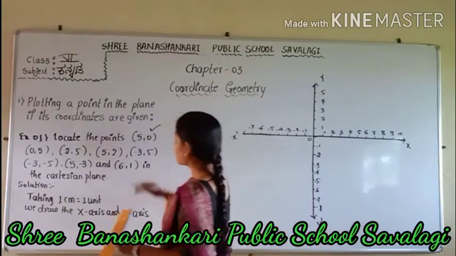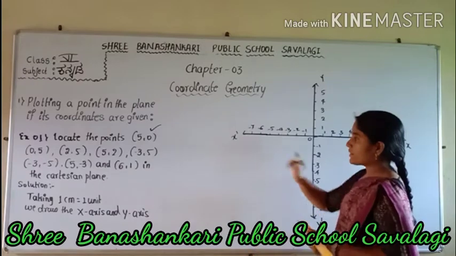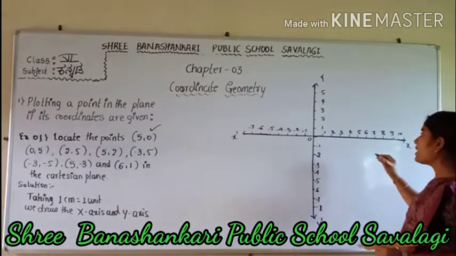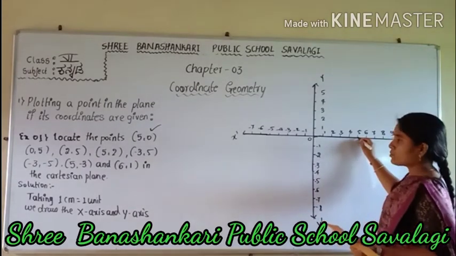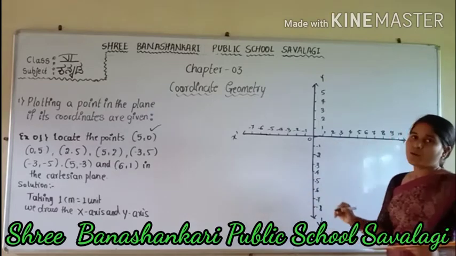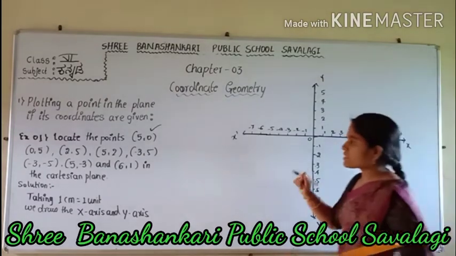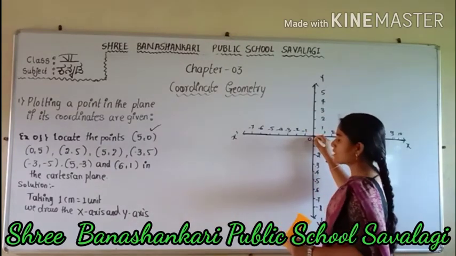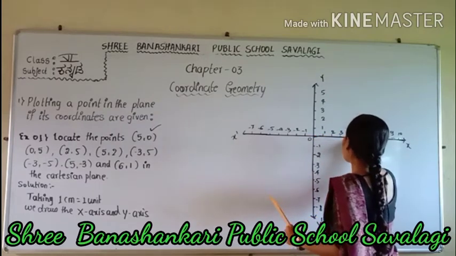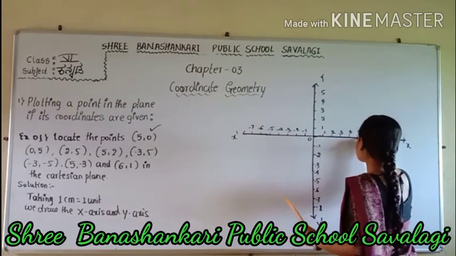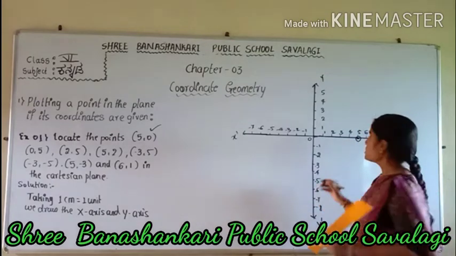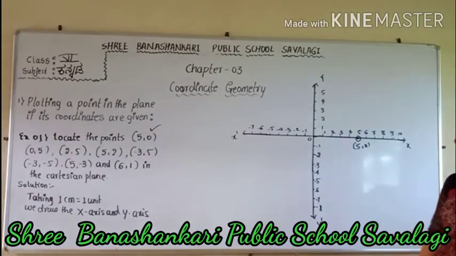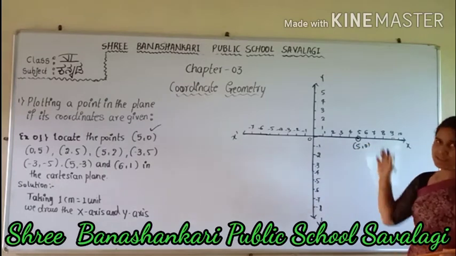After drawing the Cartesian plane, first we have to take the point. First point is 5 and 0. The x coordinate is 5. Then where is the x coordinate? Positive 5 comes on the x axis. Here this is the positive 5, and where is the 0? The y coordinate is 0, which means the point is here. Here the point comes, this is the coordinate point 5 and 0. Here, since the y coordinate is 0, our point lies on the axis itself.